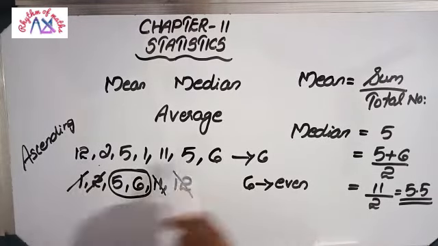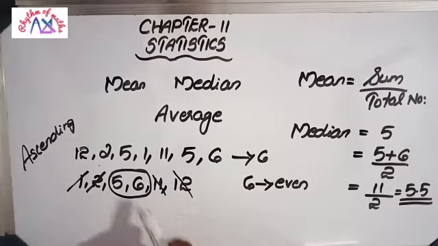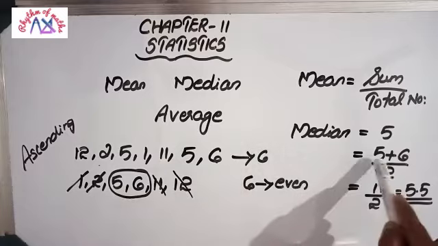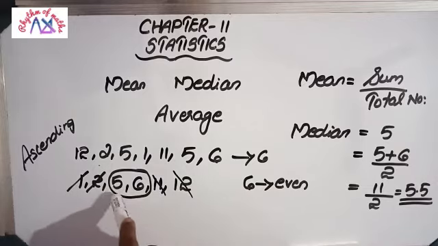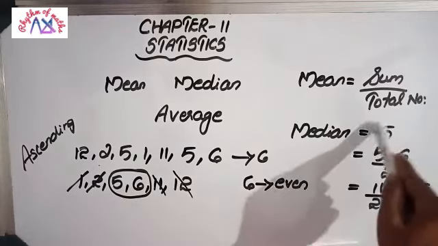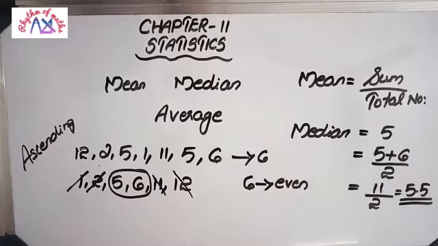That means just by cutting from both sides. If n is an even number, you will get 2 numbers. Then you have to find the sum of those 2 numbers divided by 2. If n is an odd number, you will get exactly 1 number in the middle. That answer will be the median. Okay, now let's move on to problems, then it will be more clear to you.